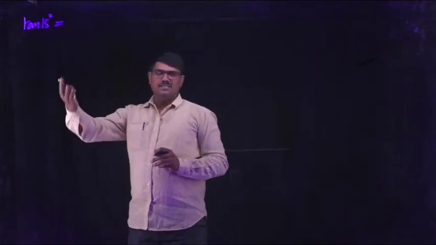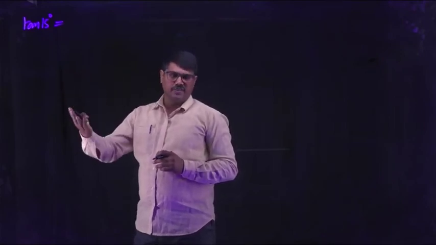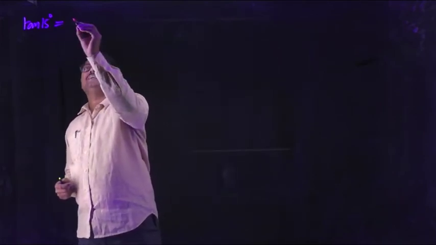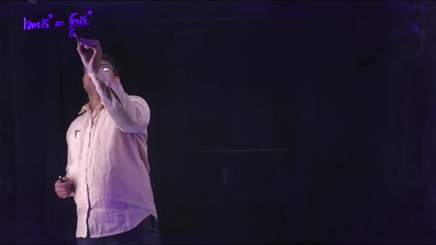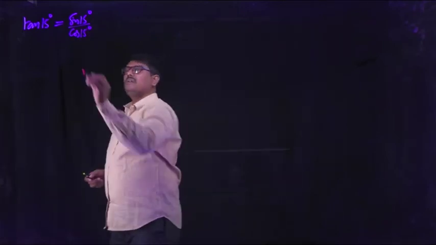Without considering the tan A minus B formula, we have another way, so I am doing it in that manner. You can find tan 15 the same way we already did for sine 15 and cos 15. After finding sine 15 and cos 15, I am using both values to find tan 15. Tan is sine by cos, so you can write tan 15 as sine 15 by cos 15. Tan theta is nothing but sine theta by cos theta. Now you have both values.